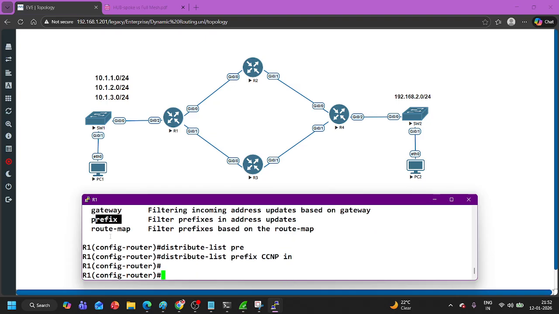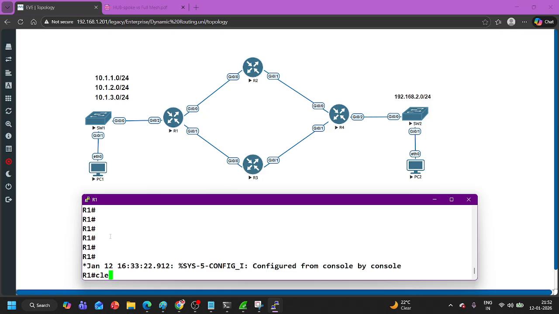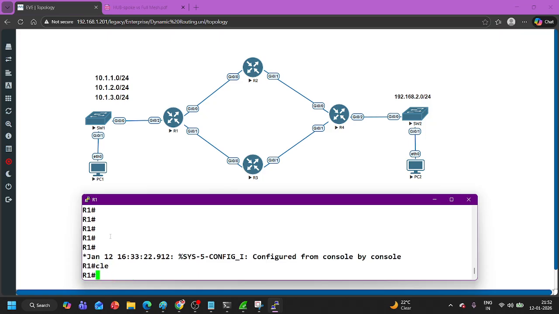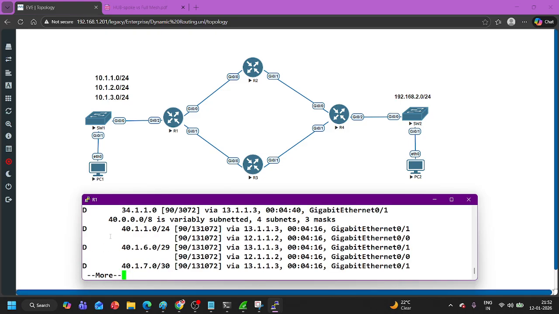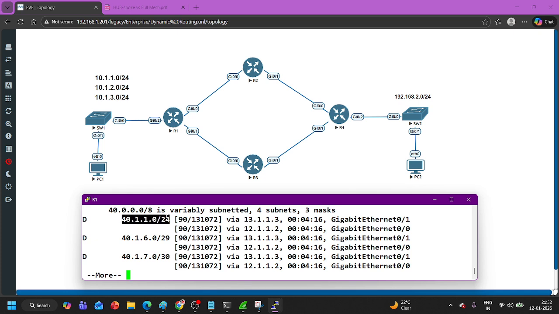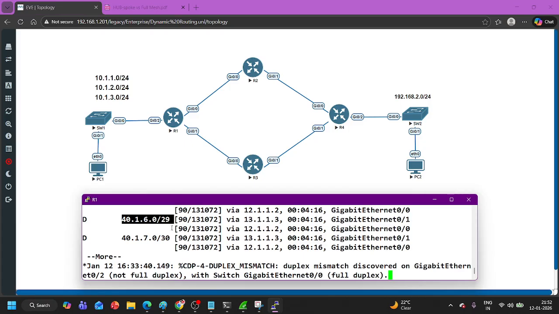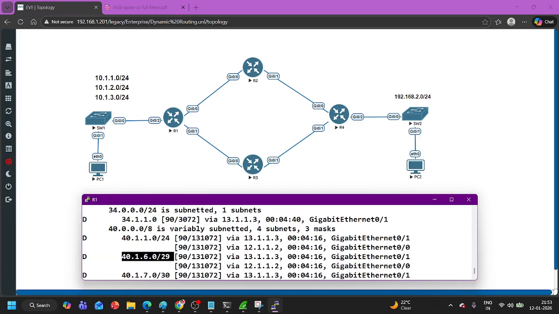The direction should be in here, right? Clear IP EIGRP or wait for update synchronization. So show IP route EIGRP. See, 40.1.1.0/24 is there, then 29 is there. So 25 to 28 is filtered,